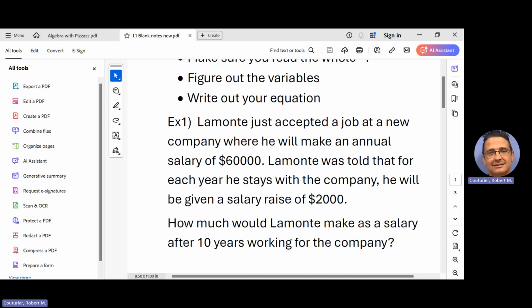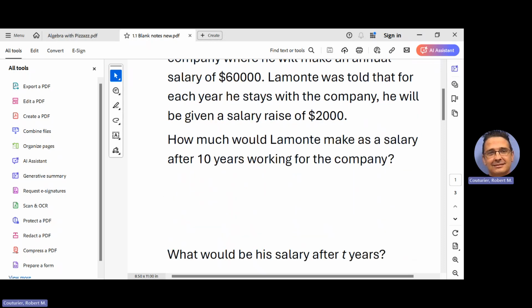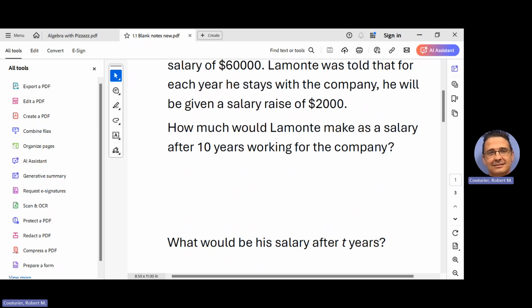Oh, Lamonte. Again, if you don't like this name, you can't pronounce it, call him Lou, call him Joe, call him Sally. Doesn't matter what you call him, but don't let words trip you up when you read these problems, okay? So Lamonte just accepted a job at a new company where he will make an annual salary of $60,000. Means he's starting making 60,000. Lamonte was told that for each year he stays with the company, he will be given a salary raise of $2,000. All right? Here's the questions they want from us. How much will he make in 10 years? And then they want us to write an equation after T years,